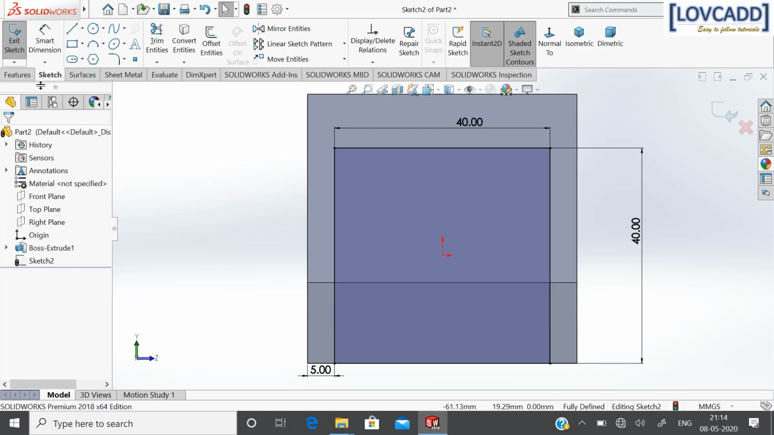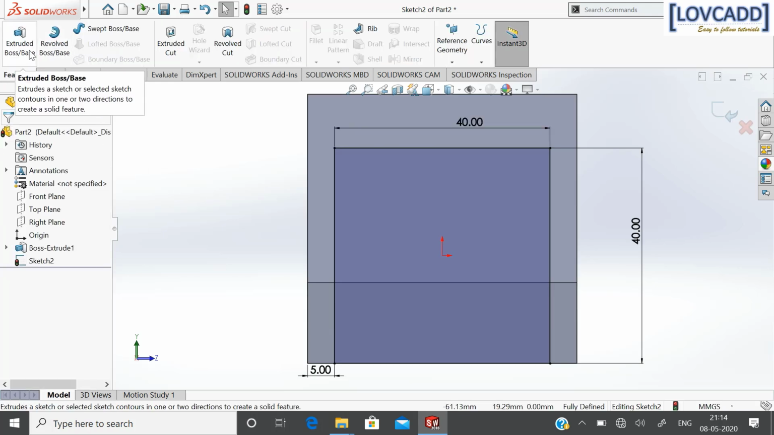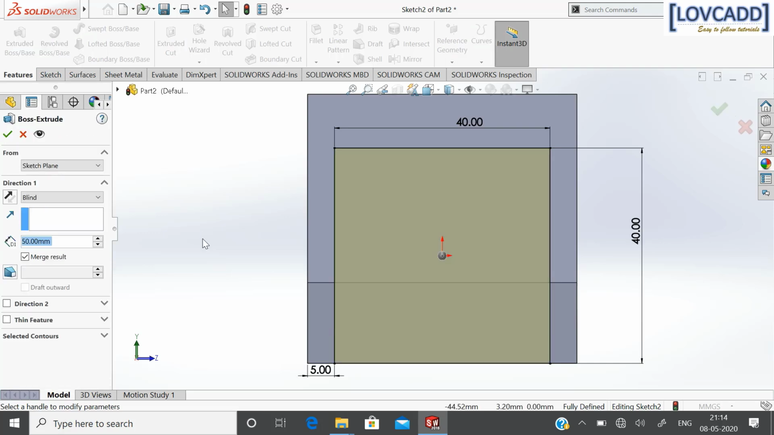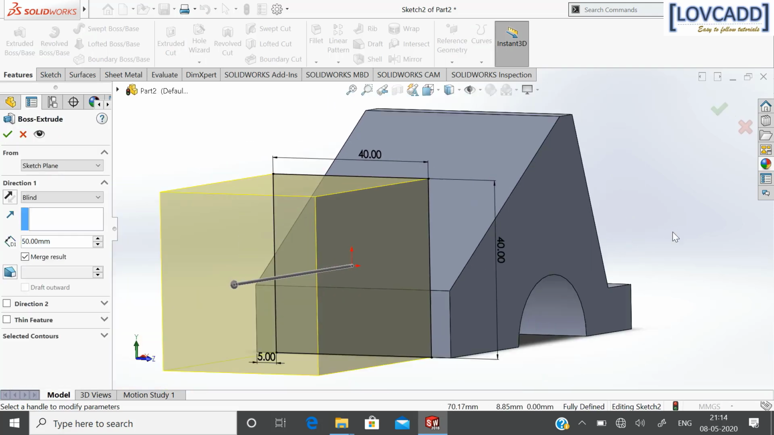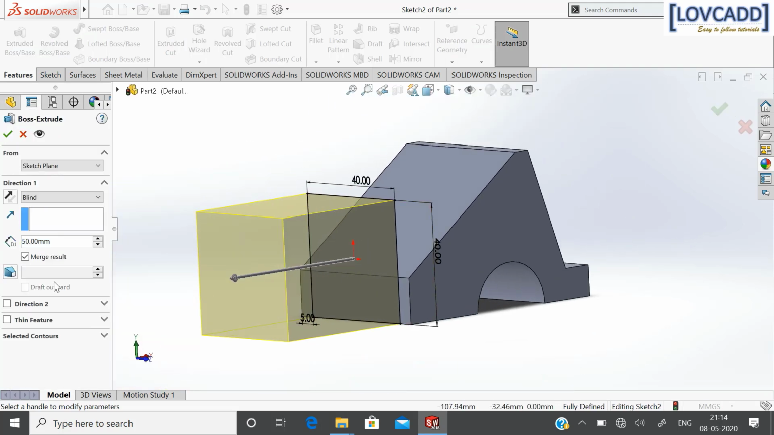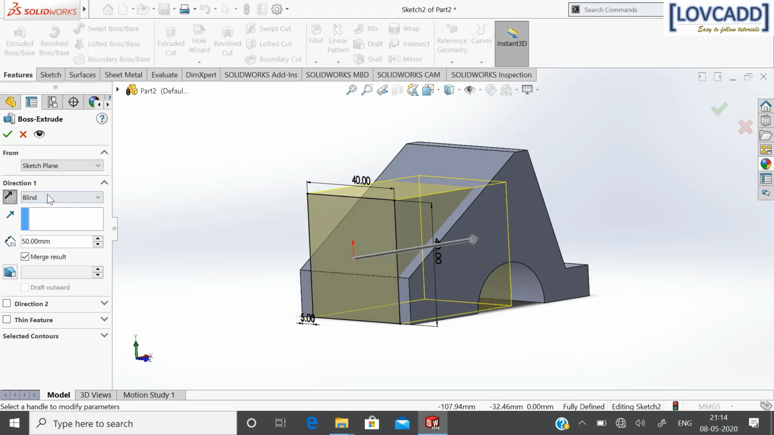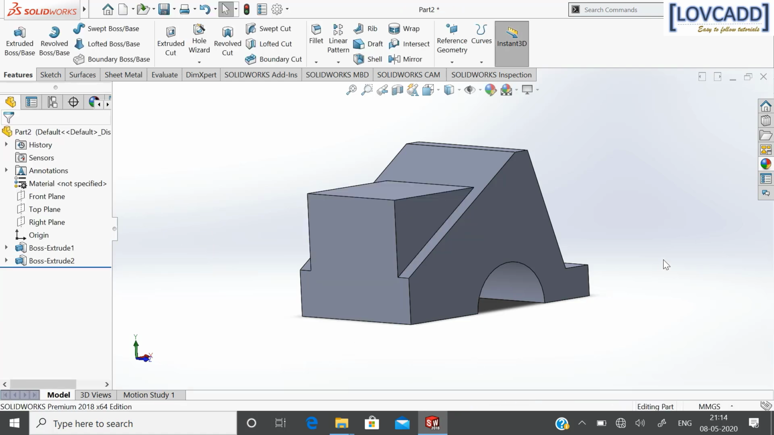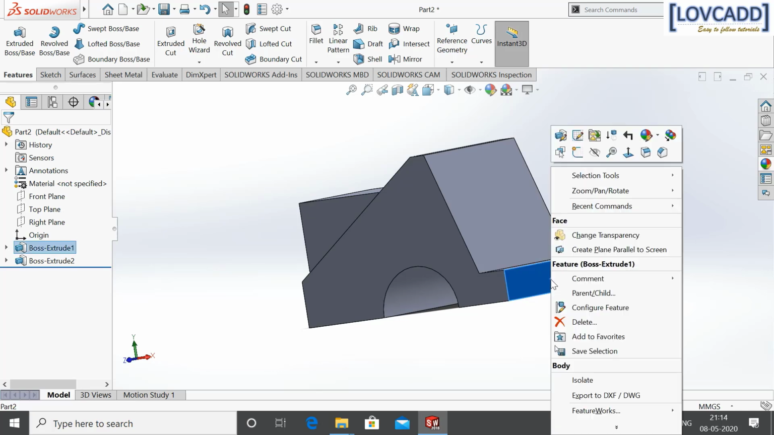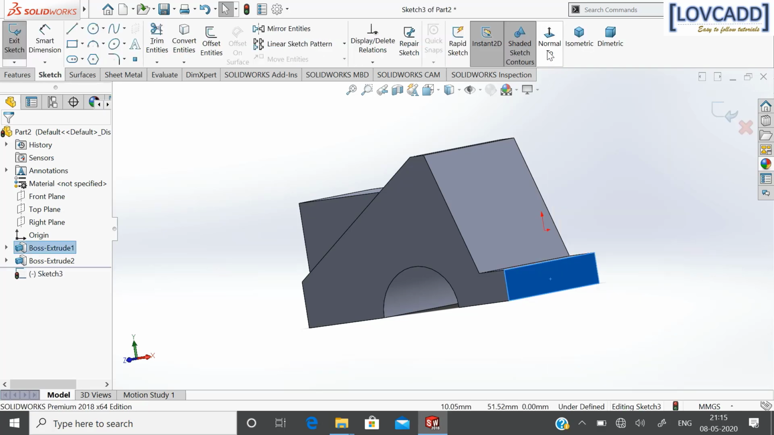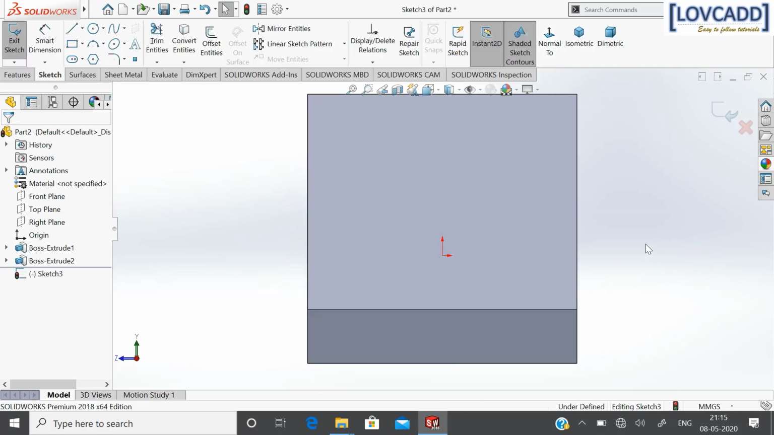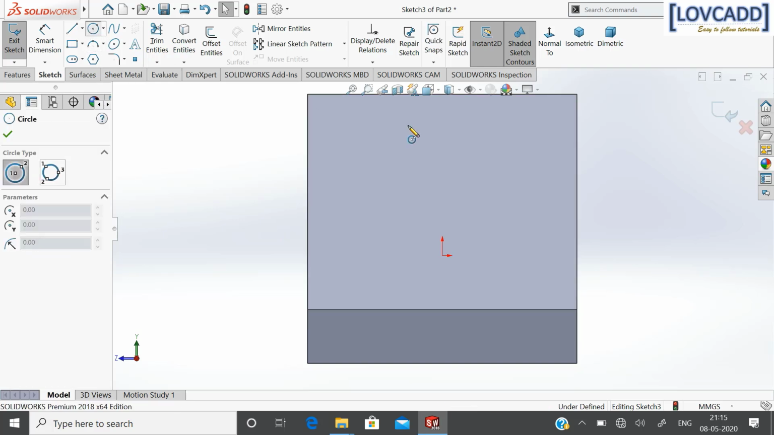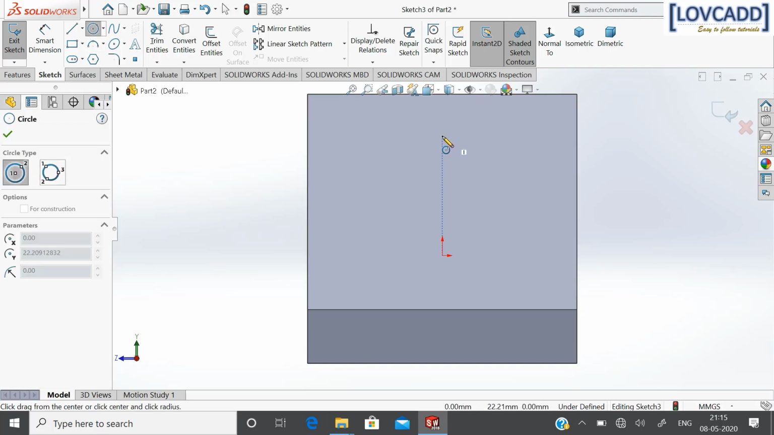Now go to features, select extrude boss, reverse the direction, select up to next. Okay, it looks well. Now select this surface, go to sketch, normal, select one circle and create with reference to vertical